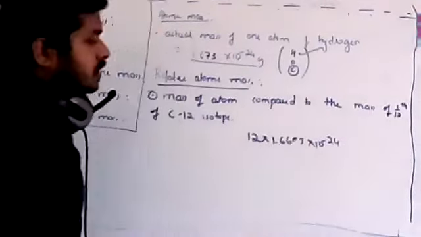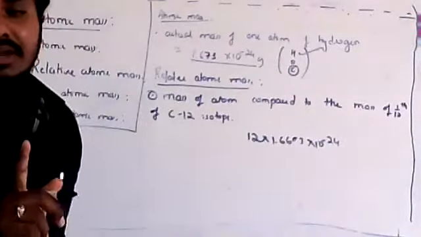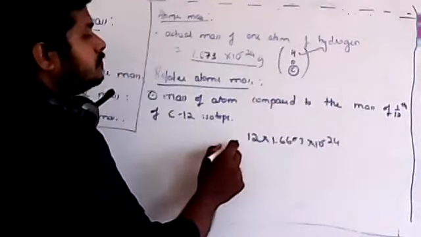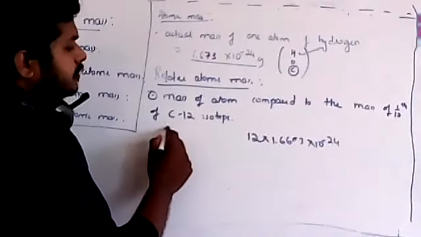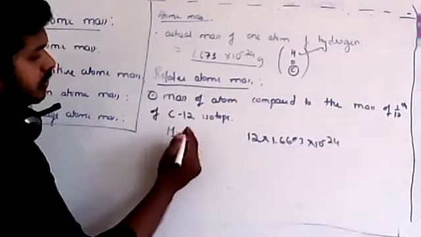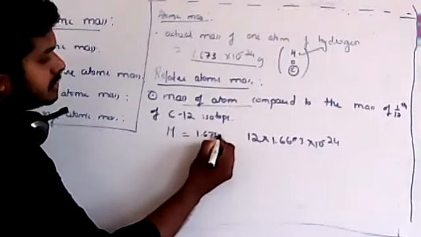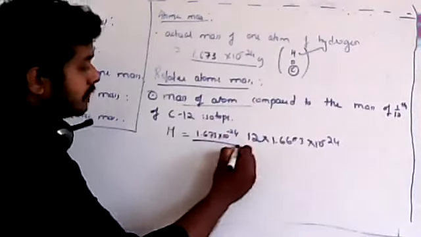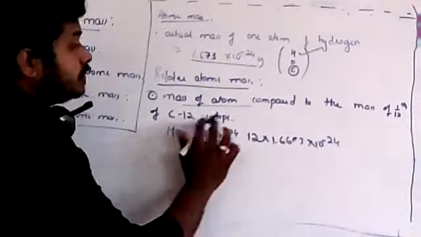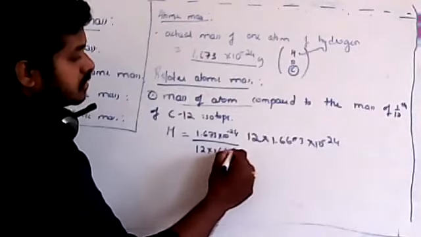Okay, the mass of carbon was this much, and if you compare with any of the masses, for example, if I want to know the relative mass of hydrogen, I'll tell you how to find the relative mass. If you want to know the relative mass of hydrogen, you should do like this: the mass of an atom of hydrogen, that is 1.673 into 10 to the power minus 24, divided by the mass of only C12. If you do only C12 without 1/12, what do I have to divide this by? It will be 12 into 1.66 into 10 to the power minus 24.